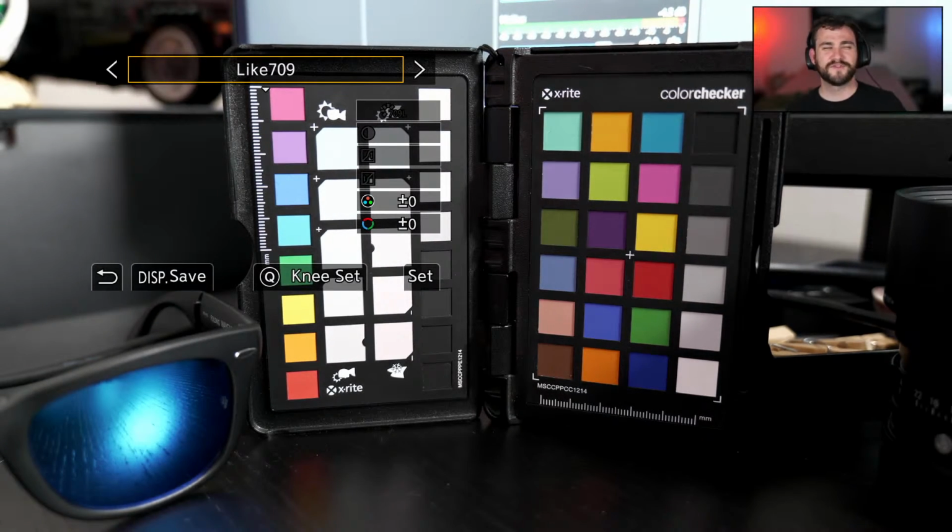Now, if you're someone in the photography side, you're probably not going to use this particular picture profile, the Leica 709. Leica 709 is designed for an output to a Rec 709 color space, which is in the video side of the world for broadcast, things like that. So from a photography perspective, there's not really a whole lot of benefit in shooting like this unless you know that the image you're capturing is directly going to be given to a broadcast studio and there's going to be nothing done to it to remap it or put it into a video timeline, which is such a small